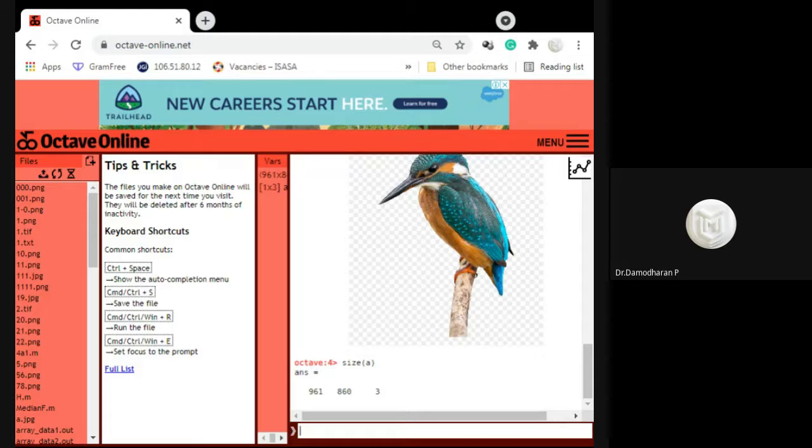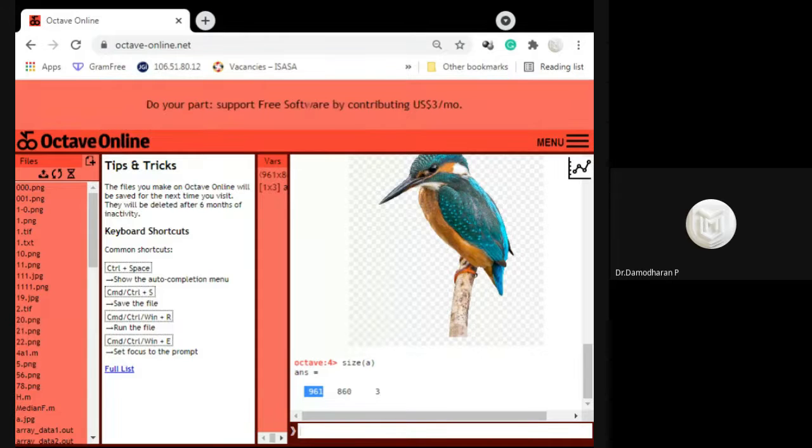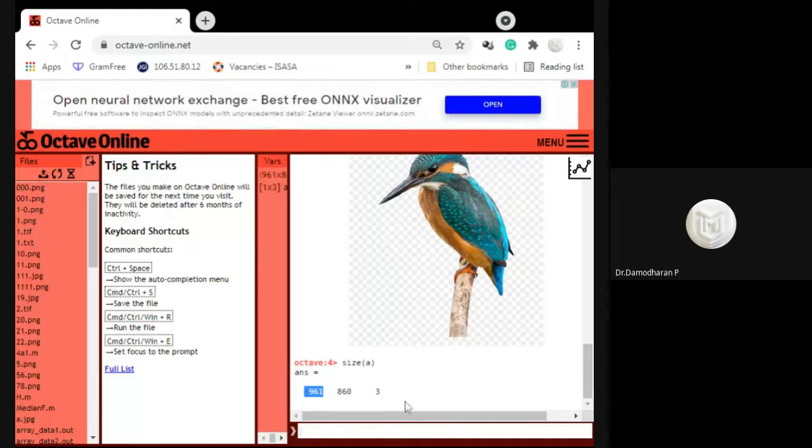We can see 961 rows and 860 columns, and the three represents the number of matrices.